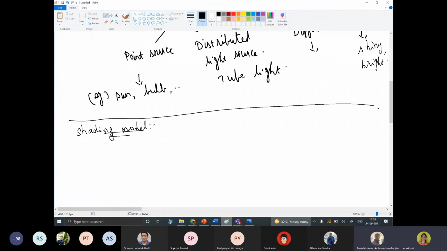Shading, as we discussed, has different properties or lighting effects. One effect is reflection, then transparency, shades, and surface texture. So we have discussed the different kinds of reflections, and now we are moving on to the shading model.